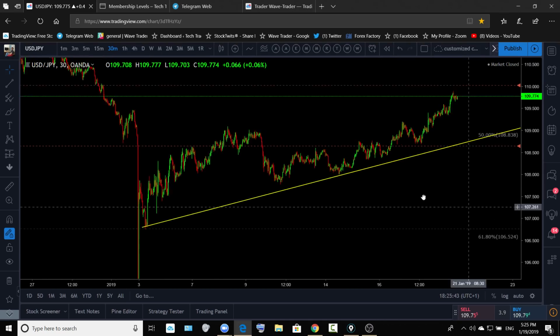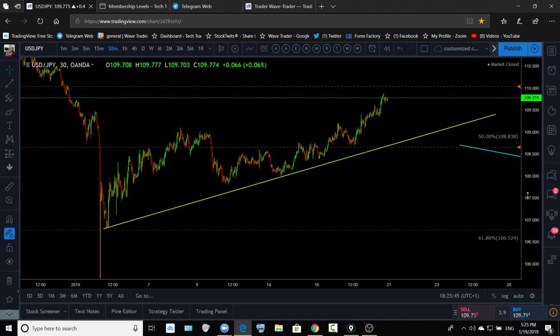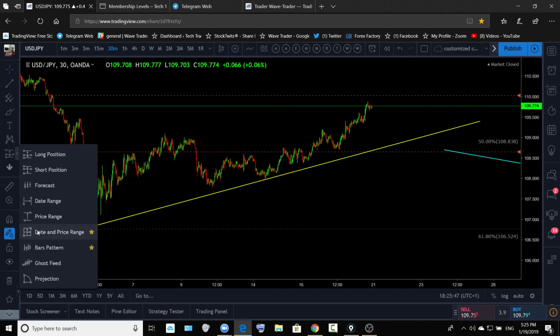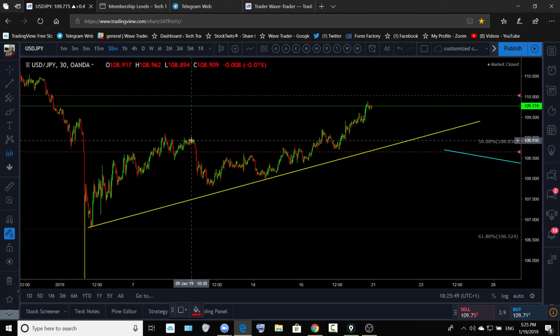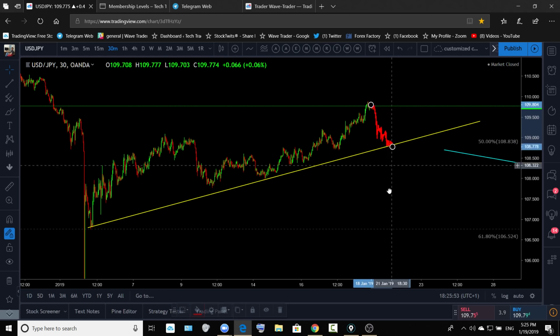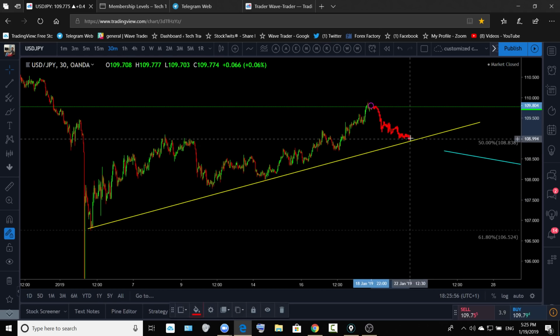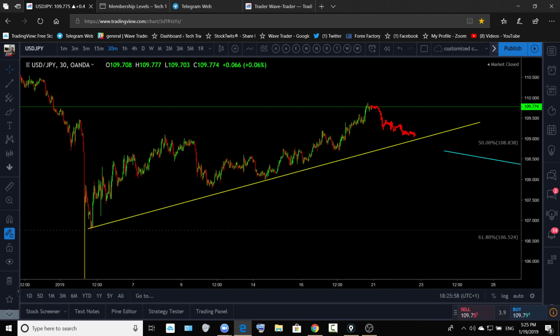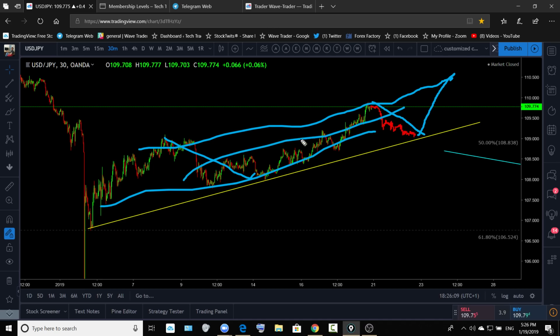If we are not going to see that sharp sell, let me copy paste some stuff for you over there. If we are not going to see that price action on the dollar yen, and we are going to see a correction like this, then there is going to be a medium term buy like that. But again, we are going to look for this daily correction to break down aggressively, the way it has done there.